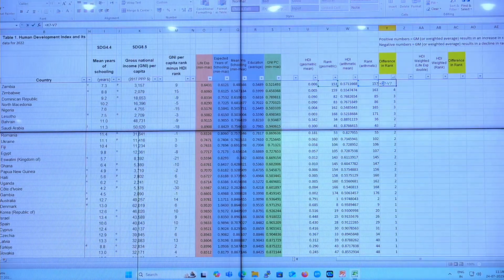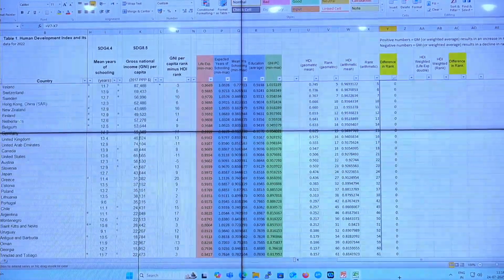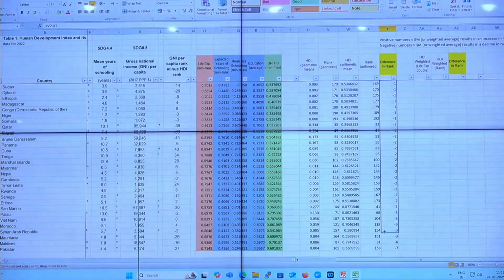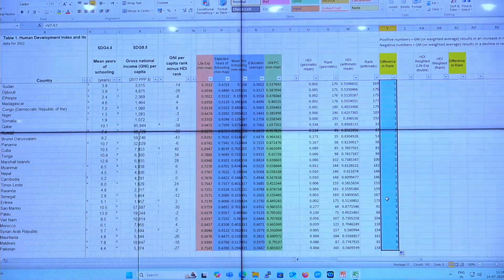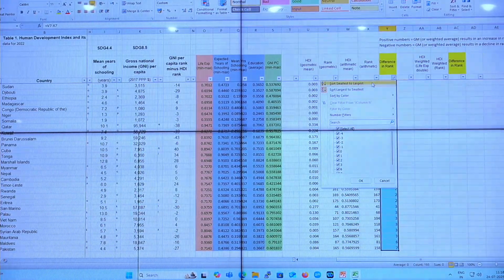So I'm going to do the arithmetic mean. Yeah. So if you do the subtraction in the other direction,